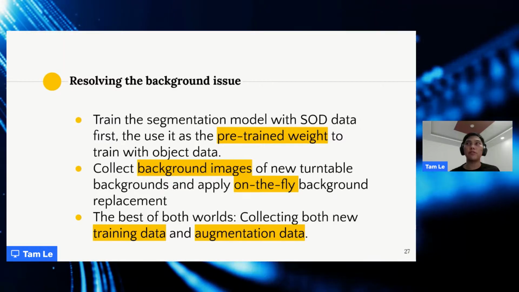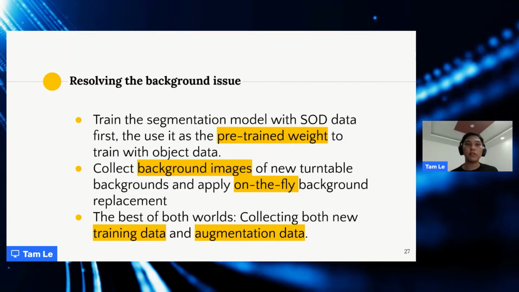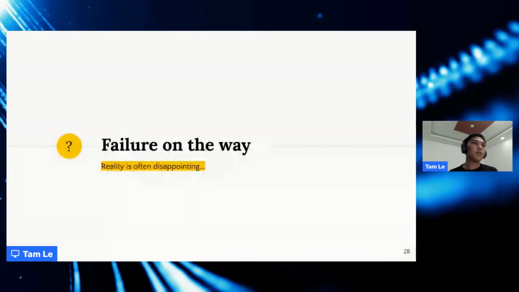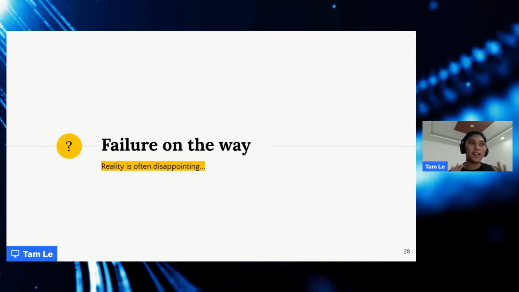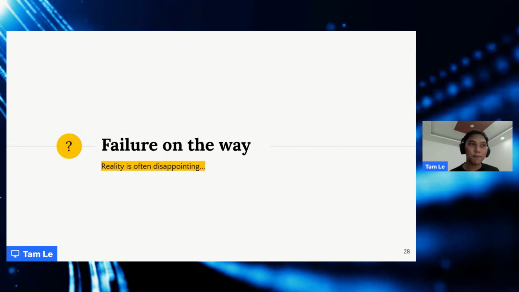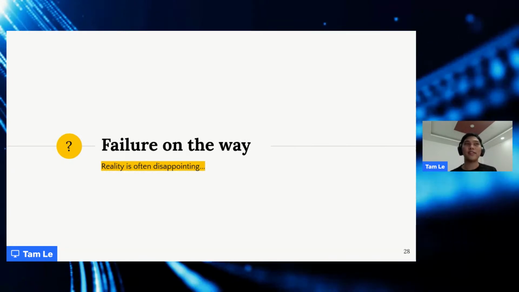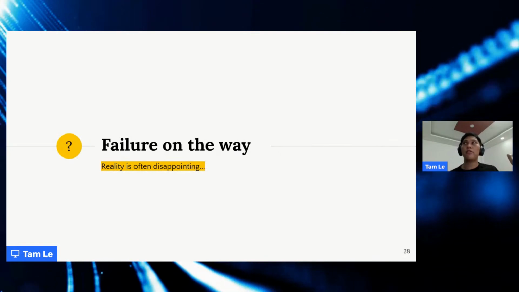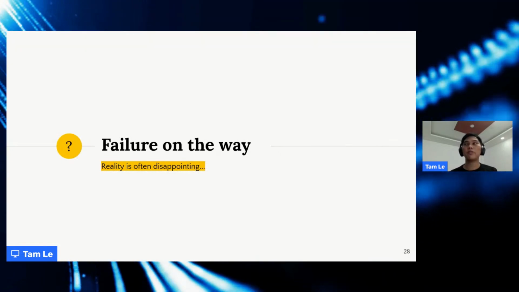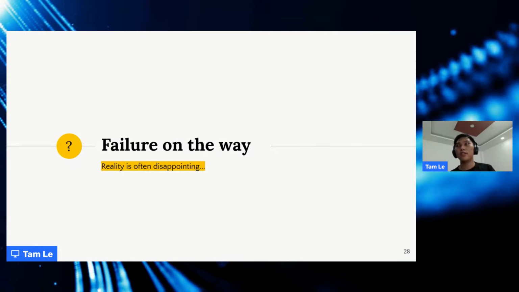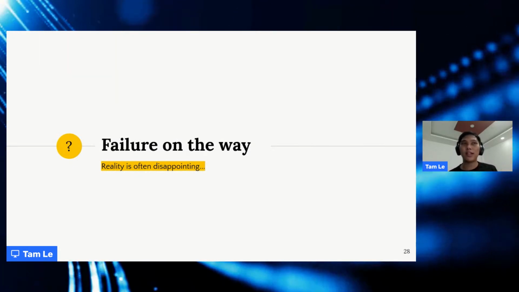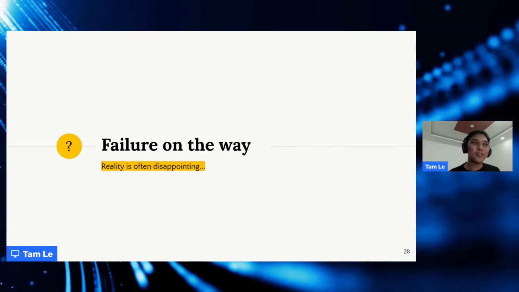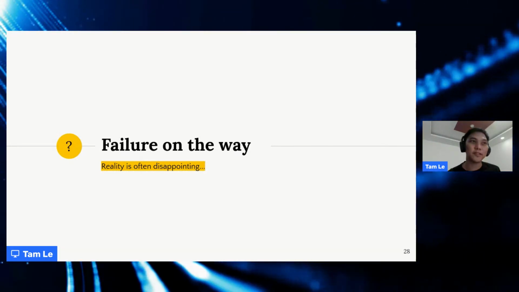So this comes to the next part of what I want to deliver, the key takeaways. Or here is the Easter egg of this presentation, so I didn't list it in the outline. Usually, when I talk about the two previous parts, people seem to think, okay, it seems like everything you try just works, but in reality, it's the opposite. Reality is usually disappointing.